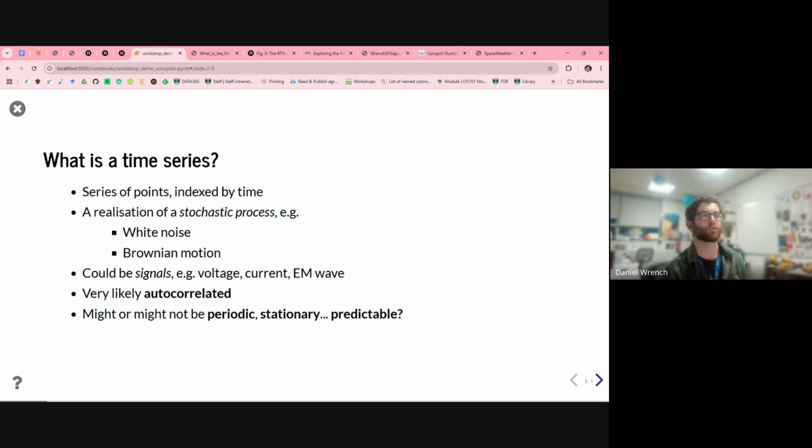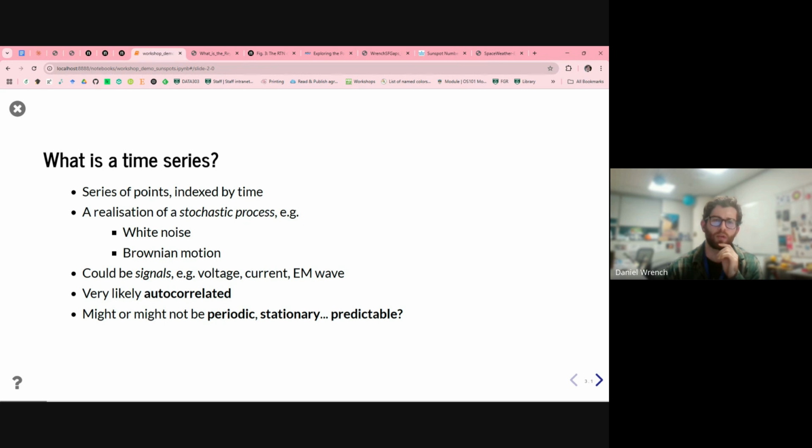Now, when we're talking about statistical theory, a time series is what you call a realization of a stochastic process. Now, a stochastic process is the theoretical generalization of the time series, where the value at each time step is a random variable with some probability distribution. Okay, and when we take a measurement at each point, we're sampling from that distribution that we have at each point. So commonly stochastic processes are used as mathematical models of time series. White noise is a common way of modeling noise. Brownian motion, another one you might have heard of.